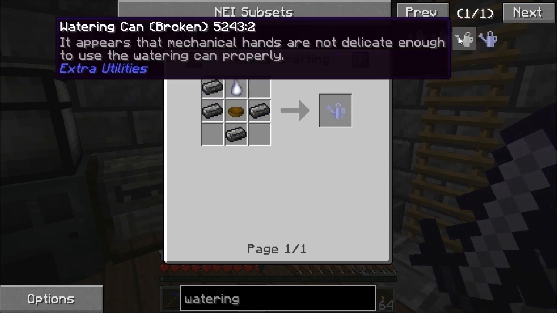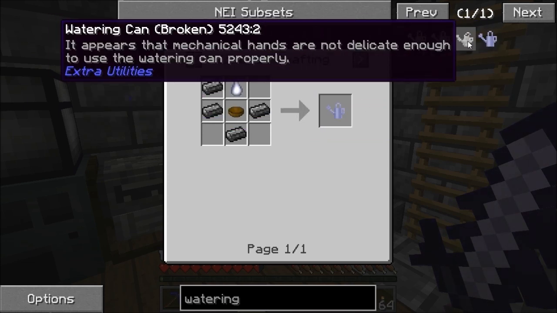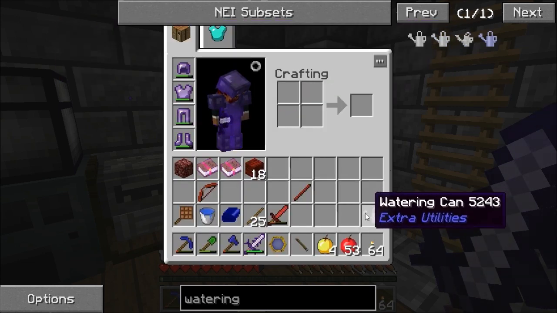I reckon that'll work better. Just so you know, the broken one is if you put it in a machine, it breaks it and it runs at something like 10% efficiency. But what I'm going to do now is